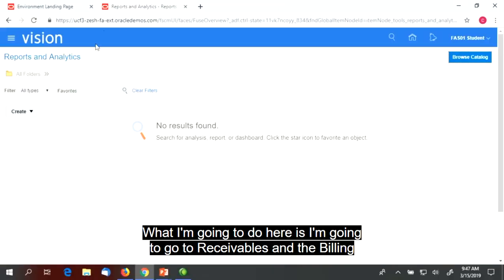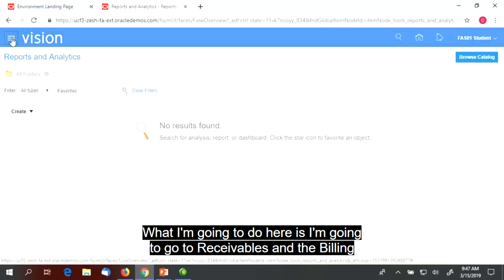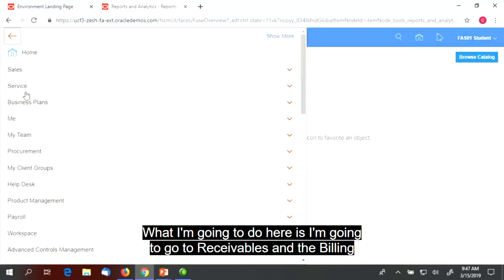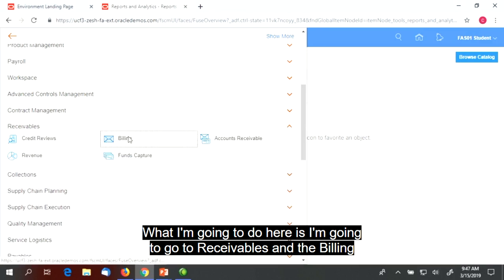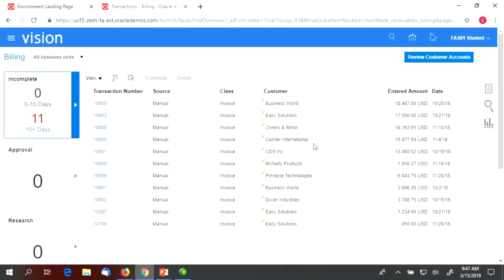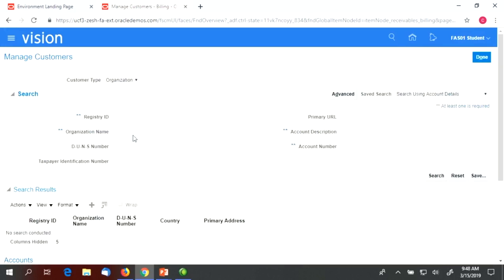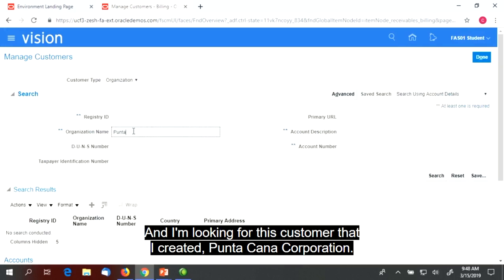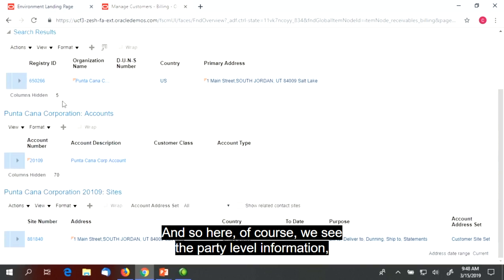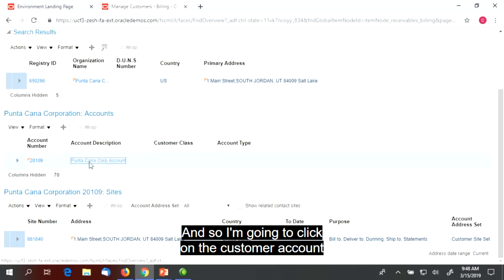What I'm going to do here is go to Receivables and the Billing work area. And from the Tasks menu, I'm going to click on Manage Customers. And I'm looking for this customer that I created, Punta Cana Corporation. And so here, of course, we see the party level information, customer account level information, and customer account site. And so I'm going to click on the customer account